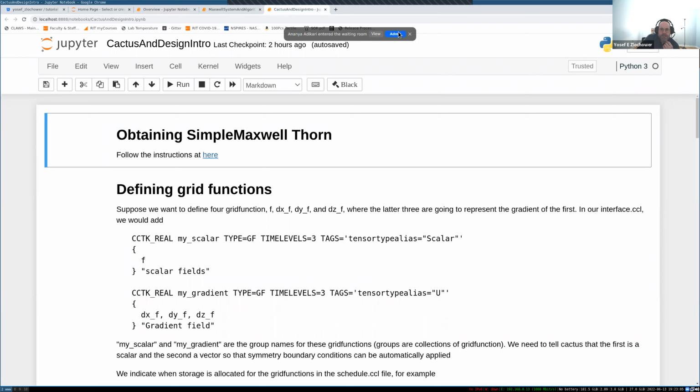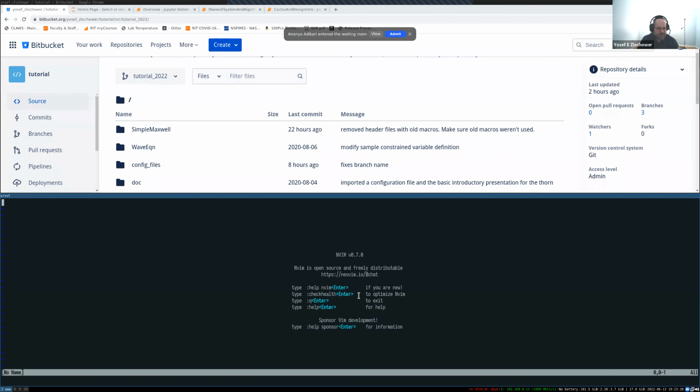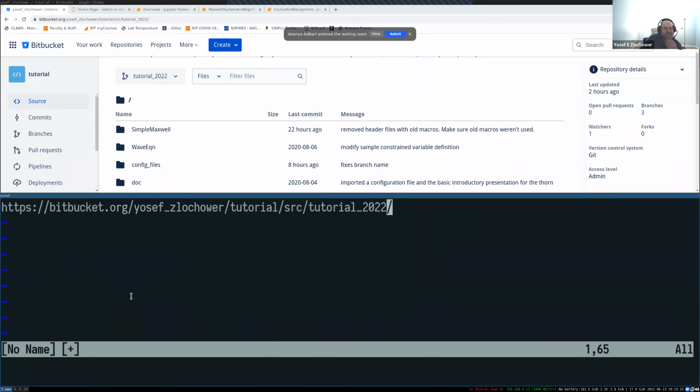I'm describing the process for creating this thorn, which is called simple Maxwell. Perhaps I should start off with this link. There's a link for you to see it. Basically, this contains the tutorial, and I've updated the tutorial for this workshop, so it's tutorial 2022, and